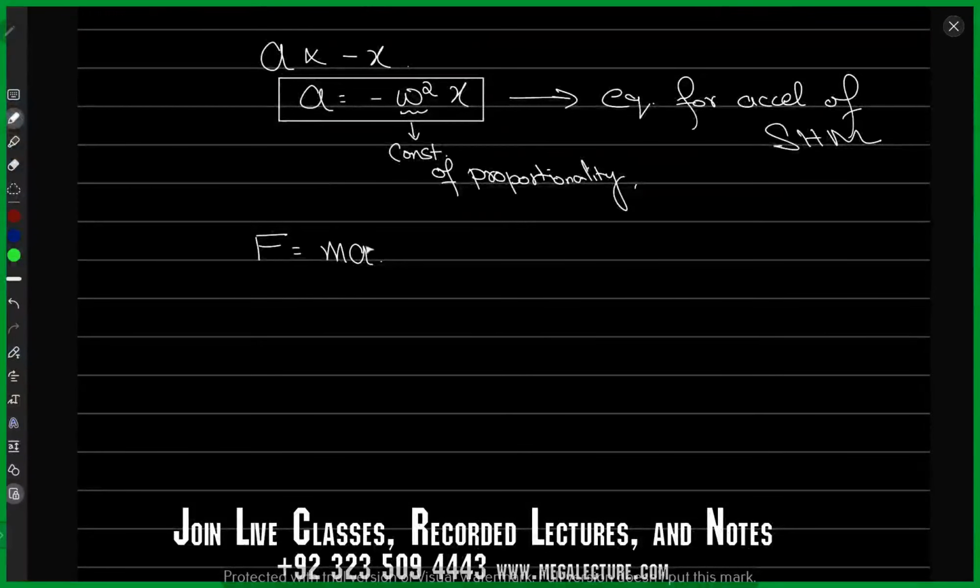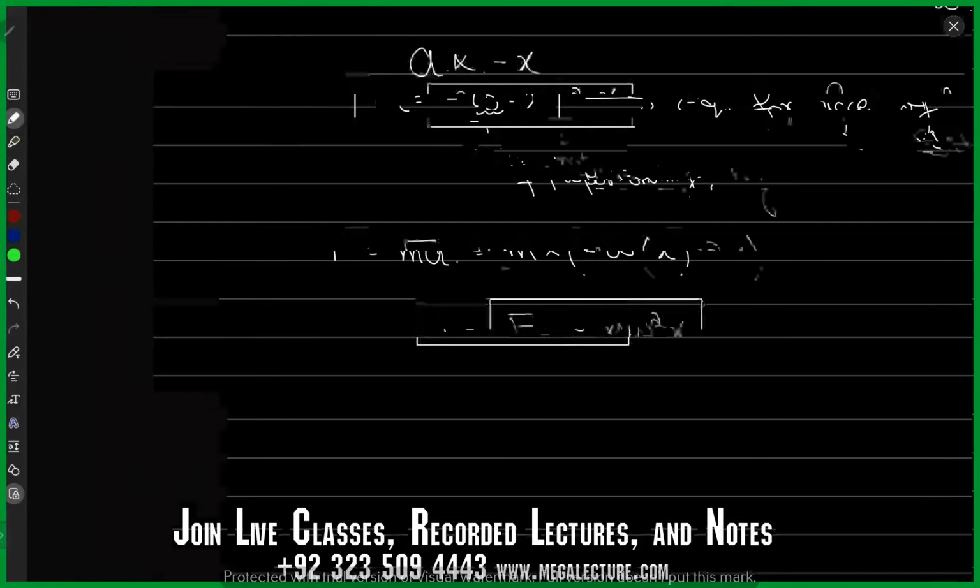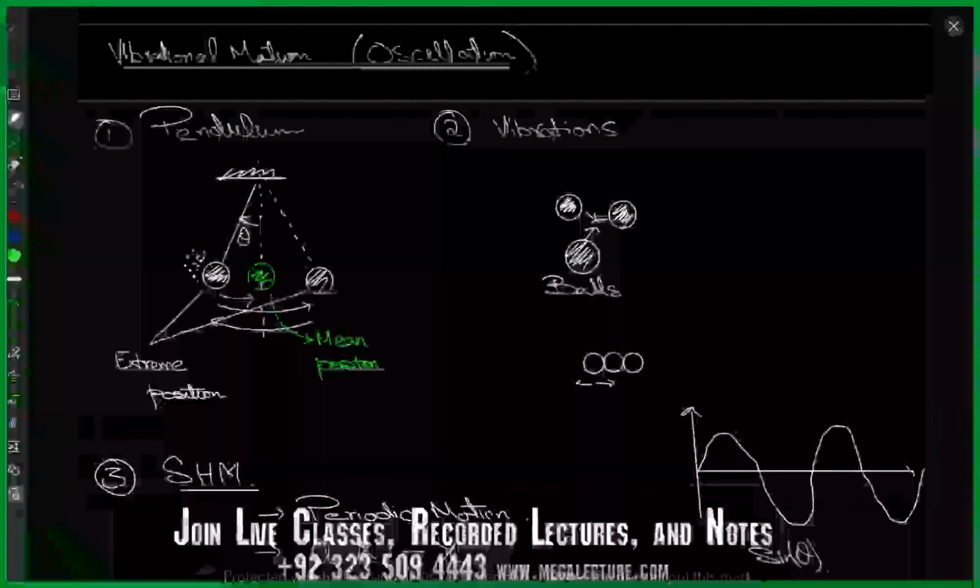But acceleration is what? Acceleration is minus omega squared x, so this equation becomes force is minus m omega squared x. So this is that force. It's known as the restoring force, right? This force is known as the restoring force. And if I go back to this pendulum example,